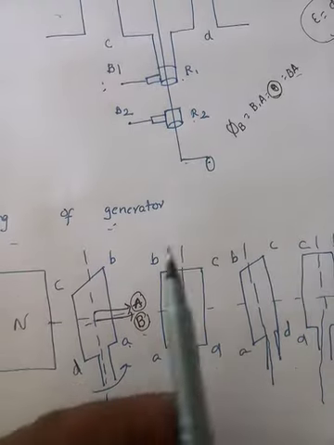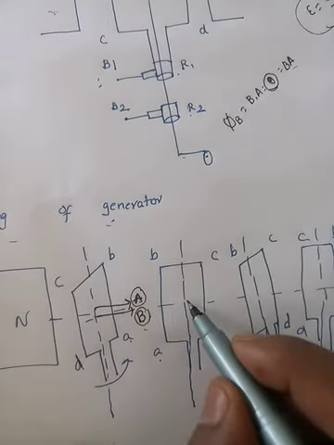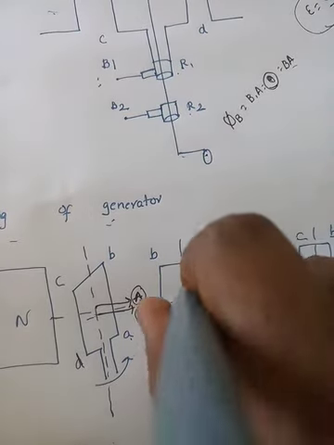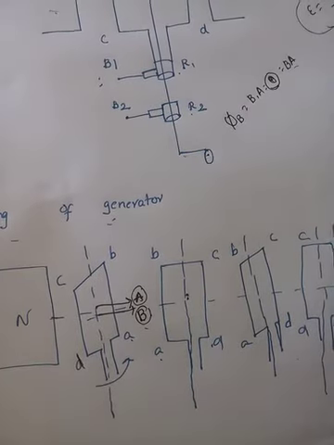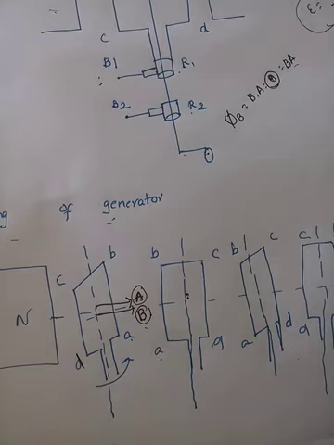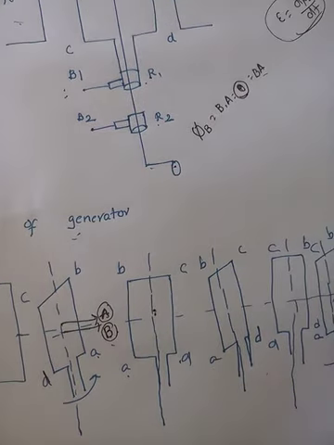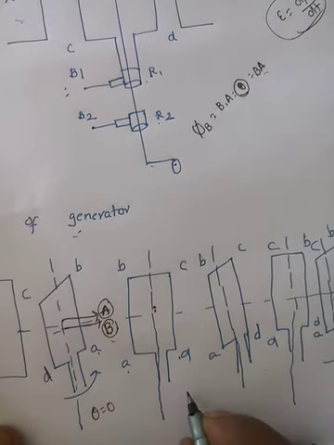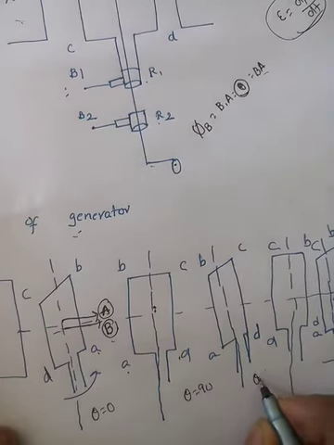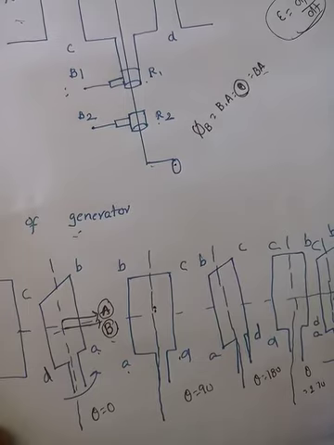Next, we rotated it. See the direction, how much it changes: A, D, C, B. Now this is the area vector, and the area vector and the field are perpendicular to each other. Theta is equal to what? 90. When theta is equal to 90, it induces maximum EMF, right? Next, in the third case, here theta is equal to 0, here theta is 90, here theta is 180, theta is 270 and theta is 360.